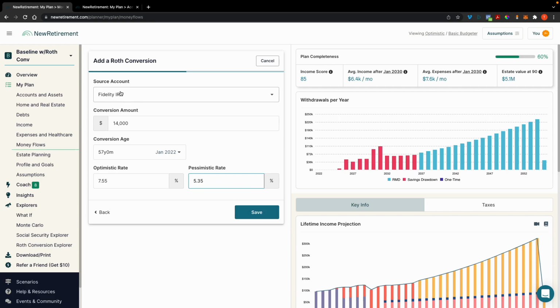So once you click the source of where you're converting it from, what amount it is, when it's going to happen, then what you can do is put in the proper rate of return, the same as the account that you took it from. So if your IRA was plugged in at 7.55% and 5.35% for optimistic and pessimistic, or the median and the 10th percentile, that's what you want to plug in here.